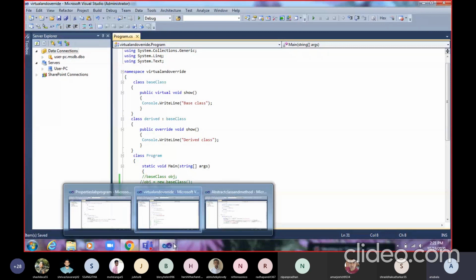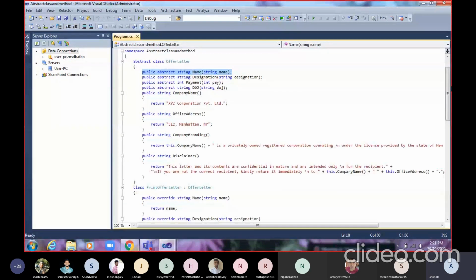so the third code is regarding the abstract methods and classes. We have already discussed what an abstract class and abstract method are, meaning the class whose object will not be created. I will discuss one code with you.